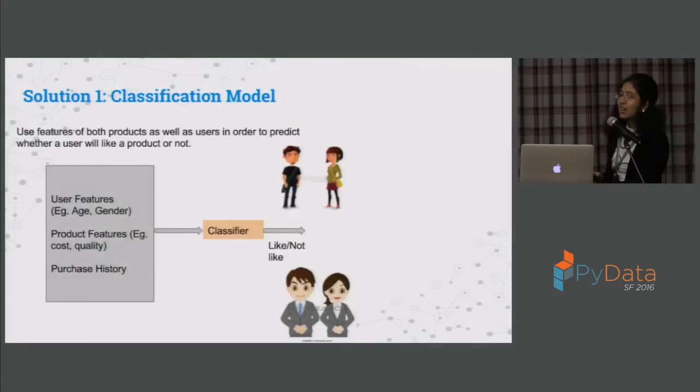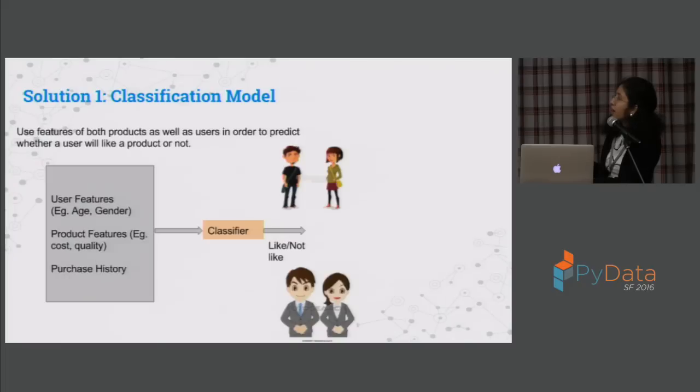Okay. So let's move on to our slightly more complicated solution now. A second way to build a recommender system could be to use a classification model. You know about simple linear classifiers like logistic regression or naive Bayesian classifier. So how about we use such classifiers to build a recommender system? For example, on the left-hand side, the input to the classifier could be user features, such as age and gender, then product features like cost or quality of the product, and then purchase history. We could have these as input features in the classifier, and then the classifier could give an output,